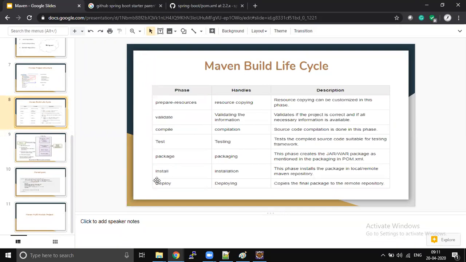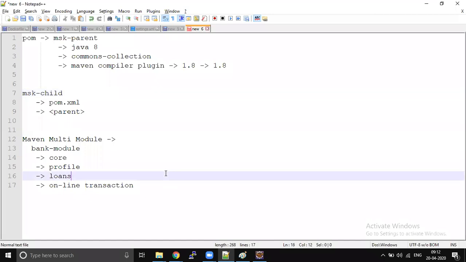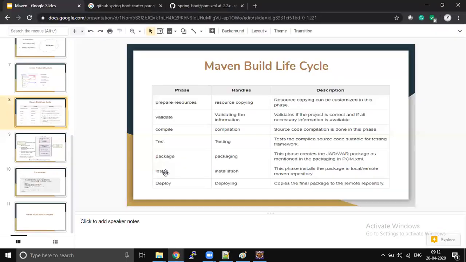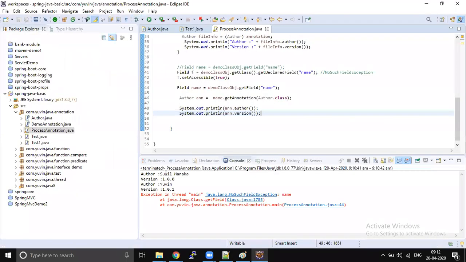Any questions? I know today was such a boring session. Most of the things are theory, right? Not that much interaction happened. But from tomorrow, Sunil, I have a question for you. We are adding dependencies, right? More dependencies we are adding. How can we find whether we are using these dependencies in our project or not? If we add more dependencies without using them, will it cause any performance issue?